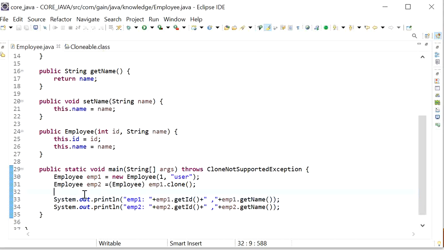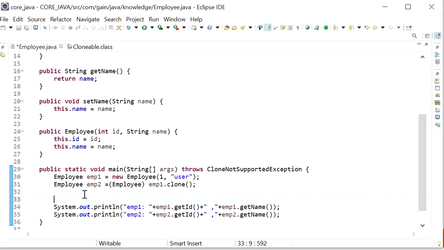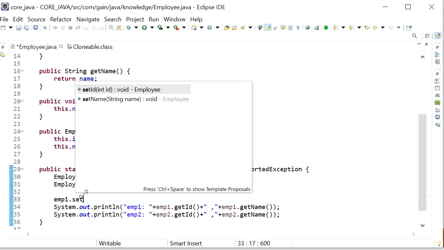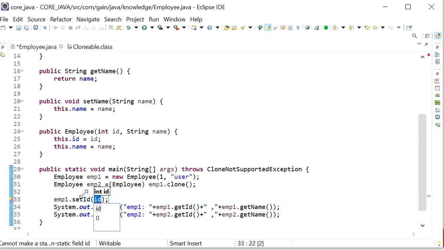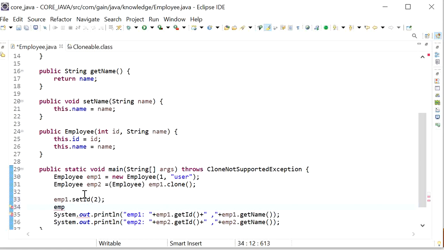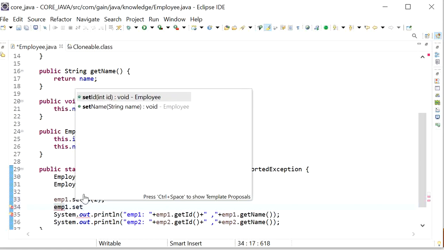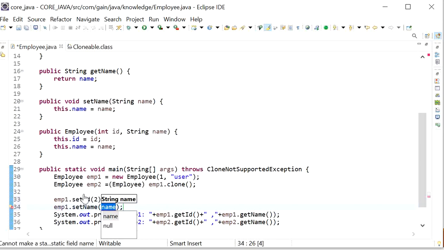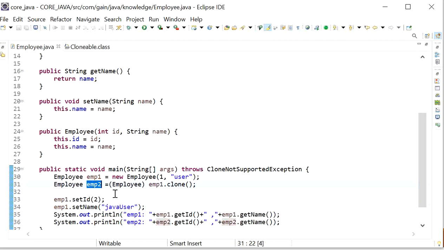Here if I try to change the employee 1 object, like if I want to change the id of employee 1 to 2, and I am also changing the name for employee 1, setName, the new name will be Java user. These changes will not affect the employee 2 object because this is the duplicate, cloned copy of employee 1 that we have created.